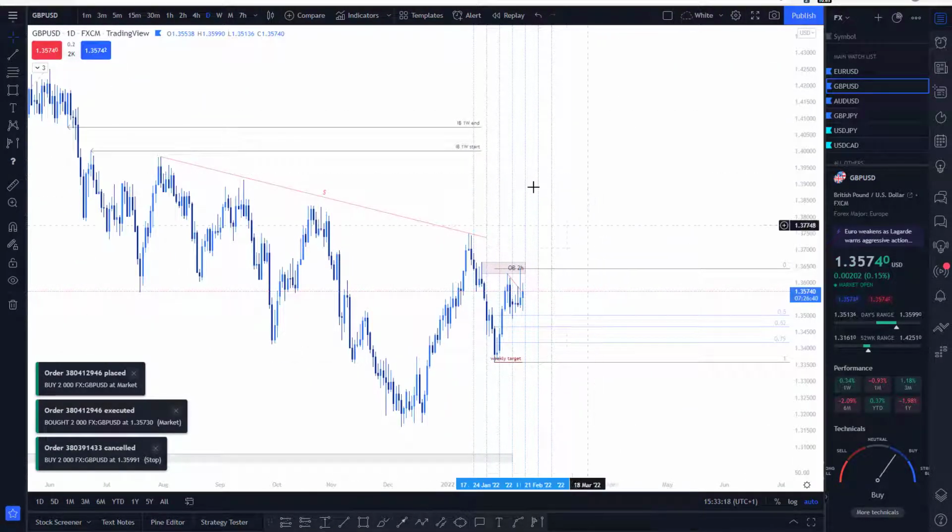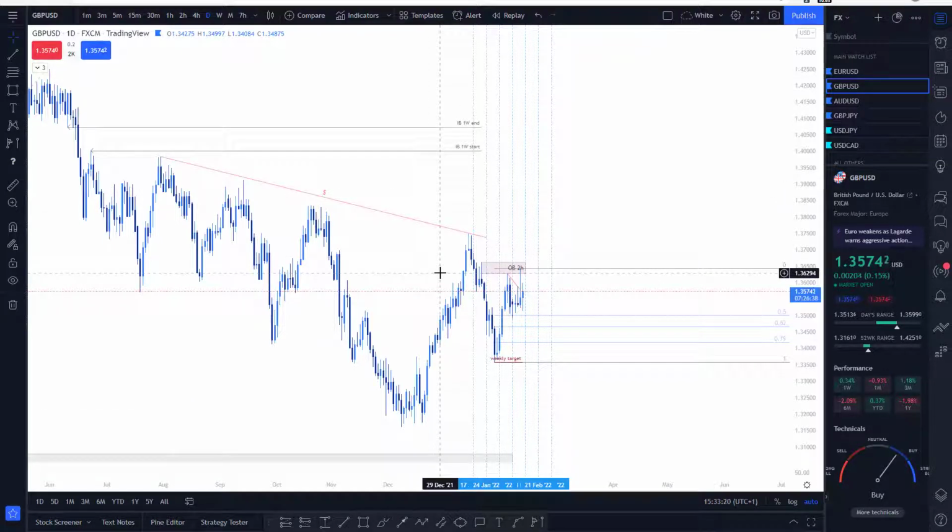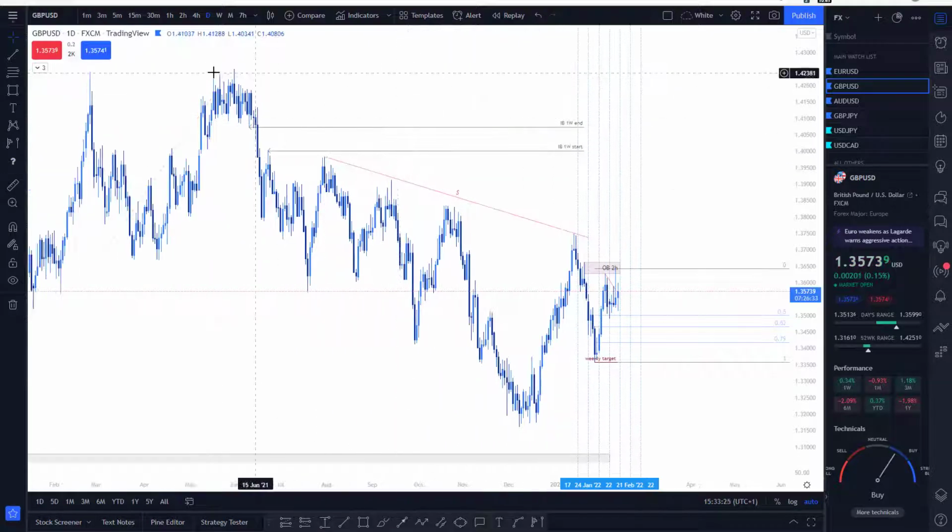So the order flow on a daily and the trend on a daily is still bearish. We are respecting the extreme supply zones of every high before the push down, and it happens from this supply zone, this supply zone, this supply zone, and